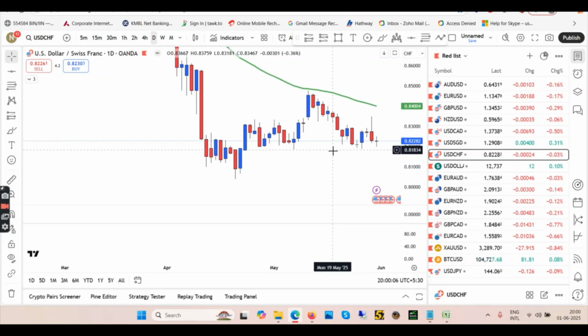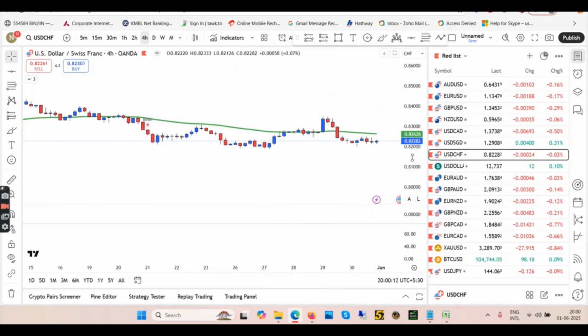But yes, as per the analysis, USD is going to go up this week. So look for longs only. I told you this low is not broken. So look for longs. Okay. Coming back to 4 hour. In 4 hour, we have